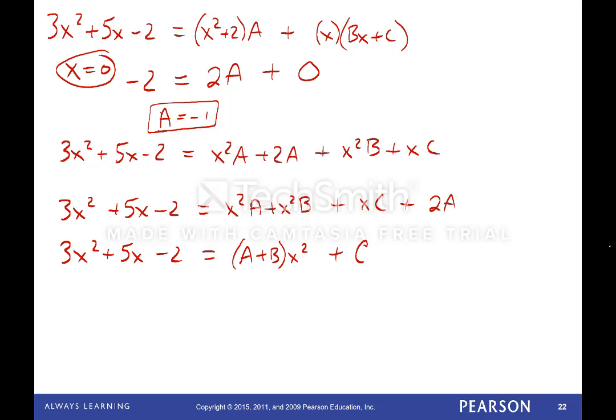This one really doesn't need any factoring out whatsoever here. If you want to just write it like this, that's fine too, but x times c is fine as well. And there's your constant term. So let's see if we can write out our